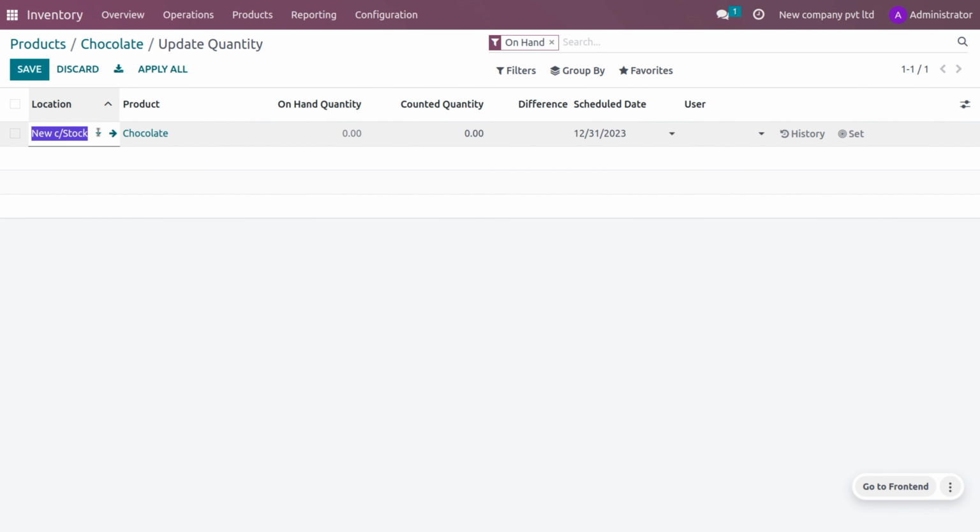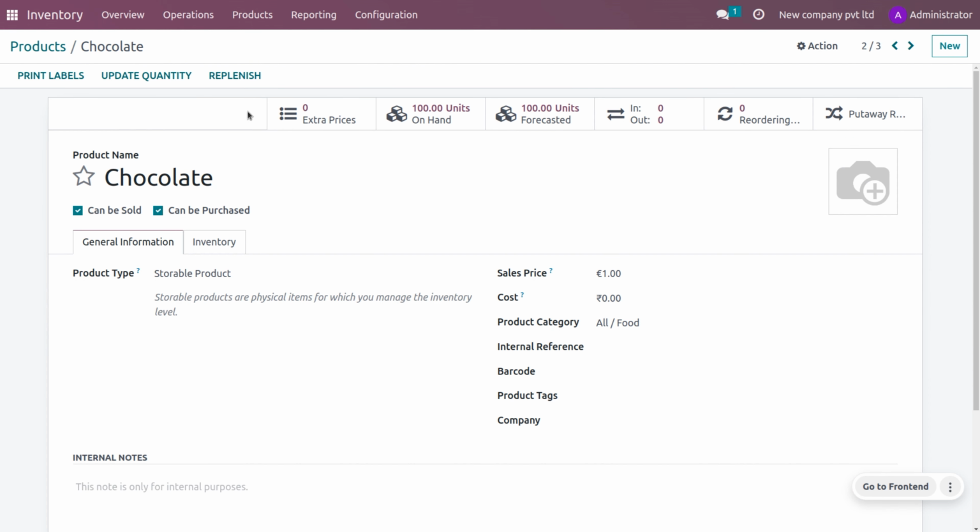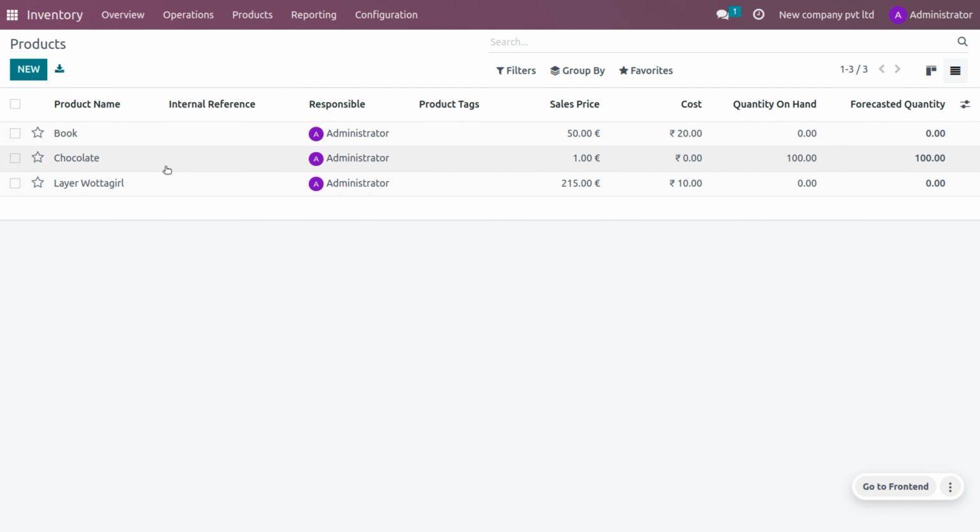And here you can choose the location, and we have different locations, and you can choose the locations. And let's set the counted quantity. So let me set the counted quantity as 100 and click on apply, then set. So when you just go back to the chocolate, you can see the on-hand quantity and forecasted quantity will be updated here. Now, the other way in order to set the opening balance is through